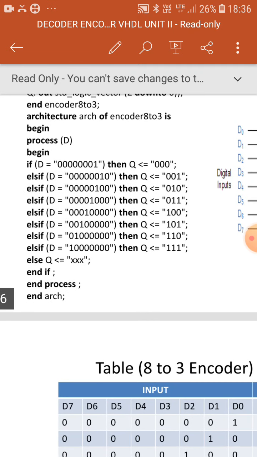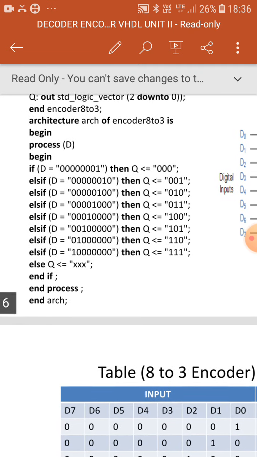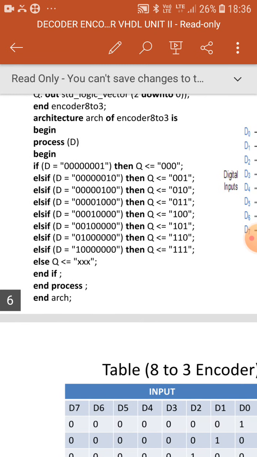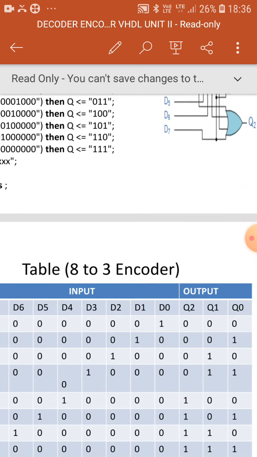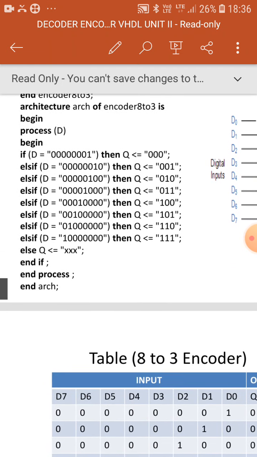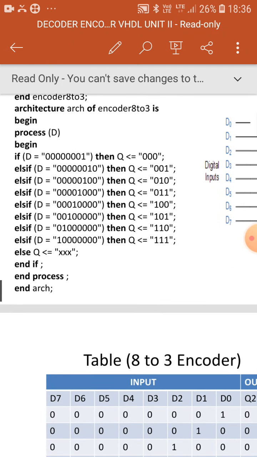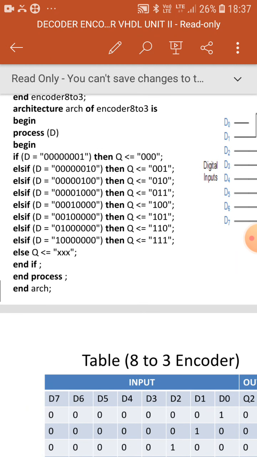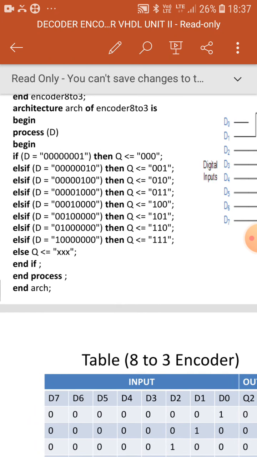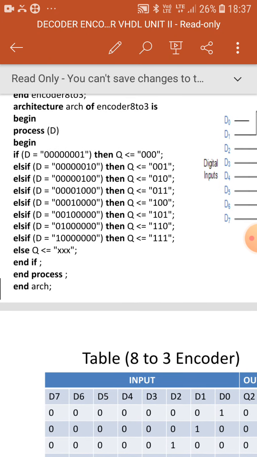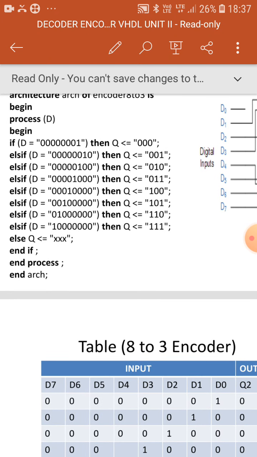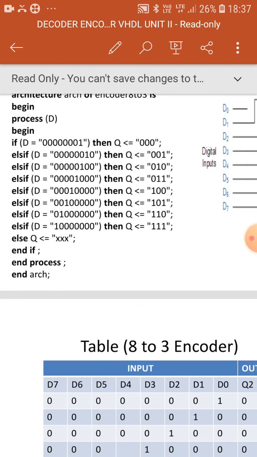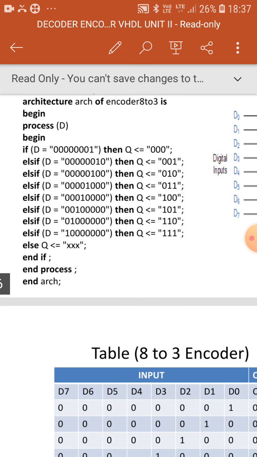So if D of 0 is equal to 1, then Q is equal to 0 0 0. Next, else if D is equal to 0 0 0 0 0 0 1 0, that means D of 1 is equal to 1, then Q is equal to 0 0 1. 1 will be encoded as 0 0 1.